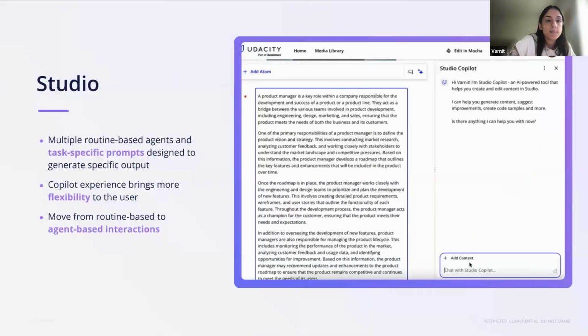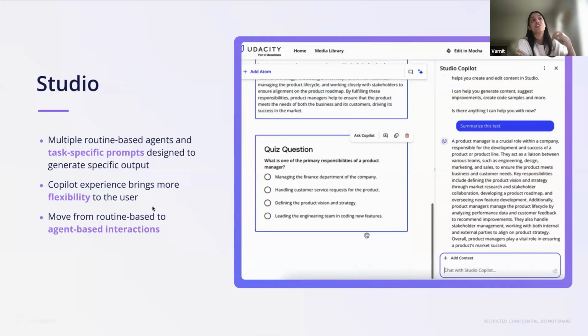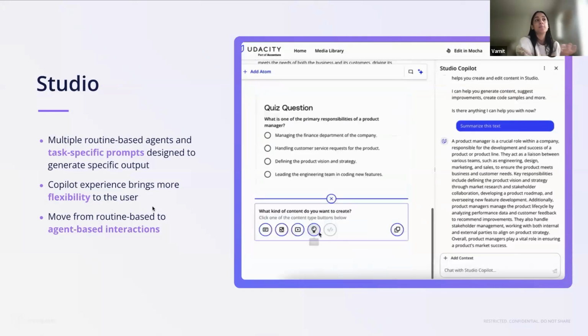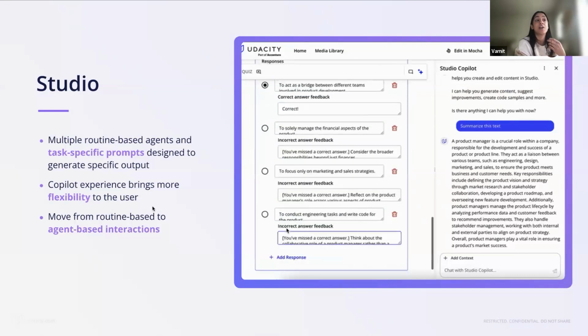The next Udacity product I want to talk about is Studio. So this was actually my first baby when I joined Udacity. This is a product I've been working on since day one. And it's kind of crazy to see how far Studio has come, because we were building Studio when AI was super new, and we had no idea the limitations of AI at the time. And the vision for Studio was to be able to generate